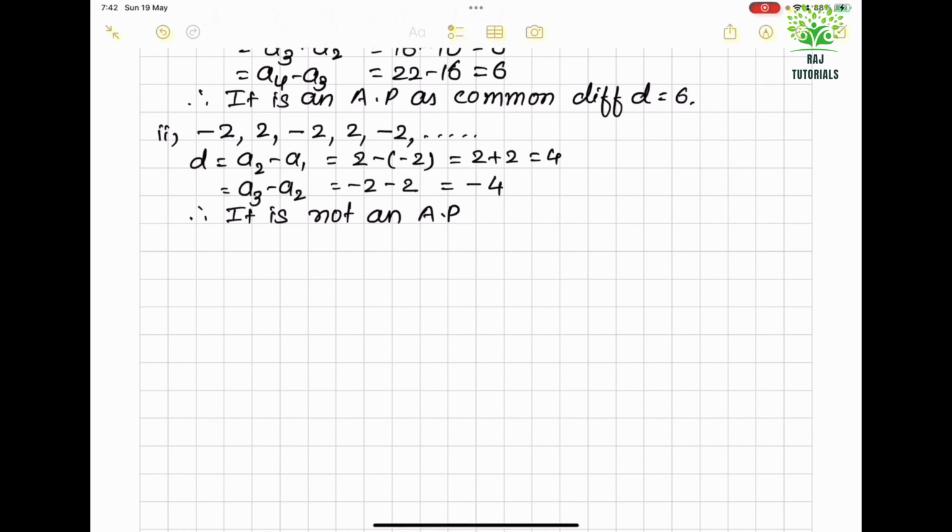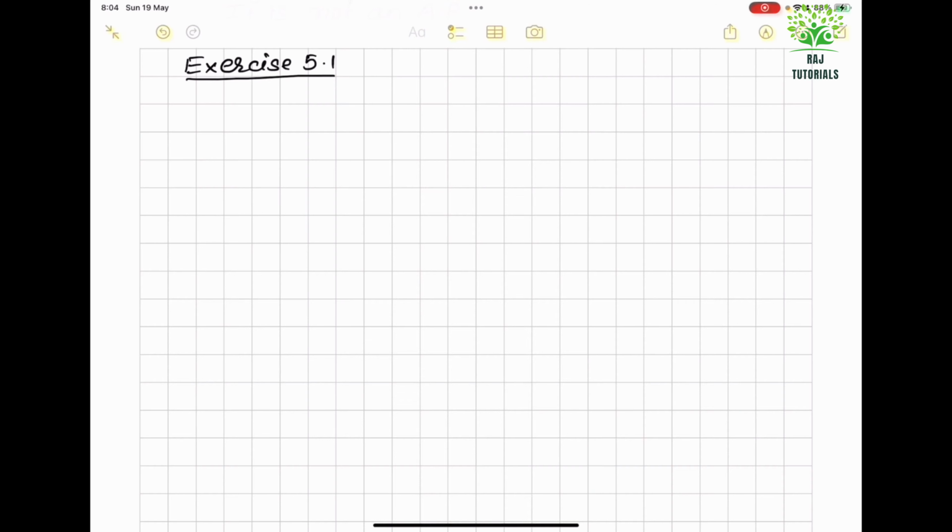Now see, this is nothing but your exercise first. So let us start with the exercise now. Now coming to exercise 5.1, question 1, it says, in which of the following situations does the list of numbers involved make an arithmetic progression and why? And the first one is the taxi fare after each kilometer